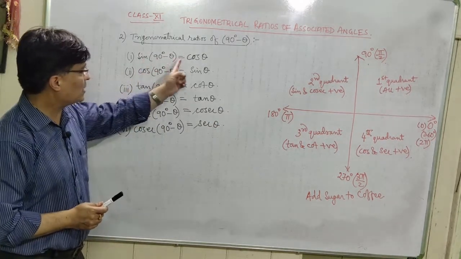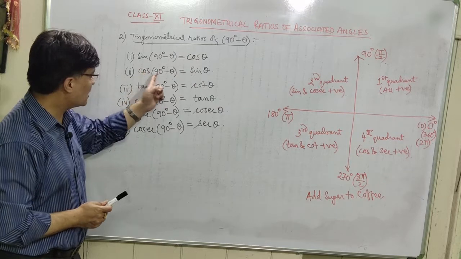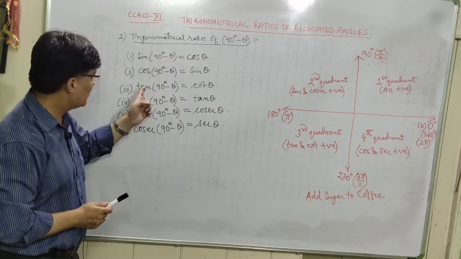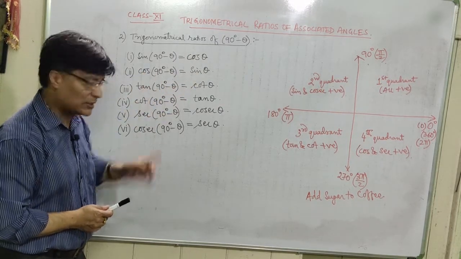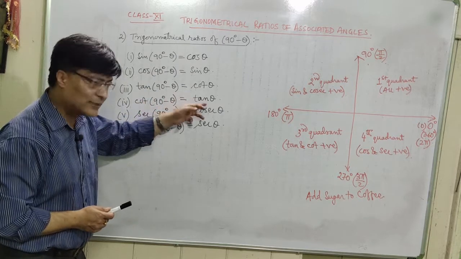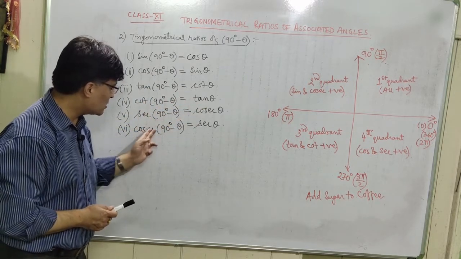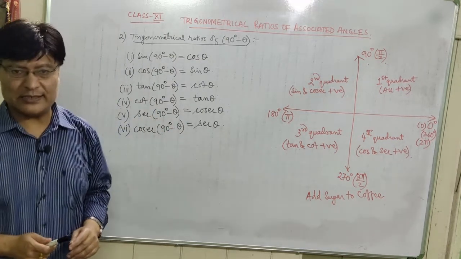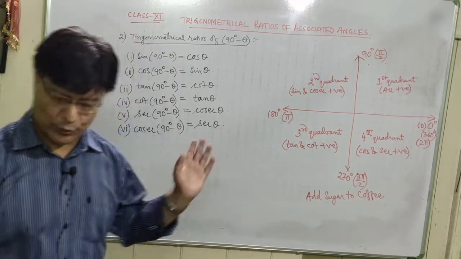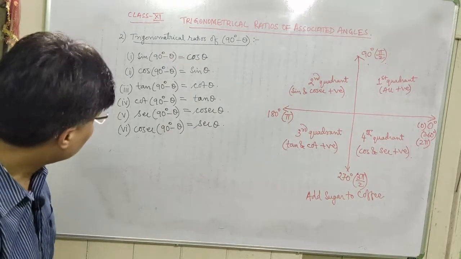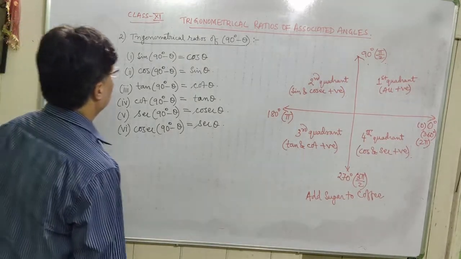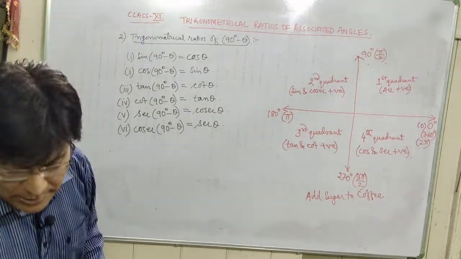What is sin 90 minus theta? Cos theta. What is cos 90 minus theta? Sin theta. What is tan 90 minus theta? Cot theta. What is cot 90 minus theta? Tan theta. What is sec 90 minus theta? Cosec theta. What is cosec 90 minus theta? It is sec theta. Is that clear? So you can copy it. So now we'll do